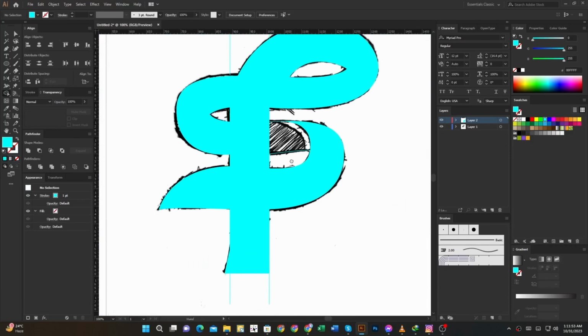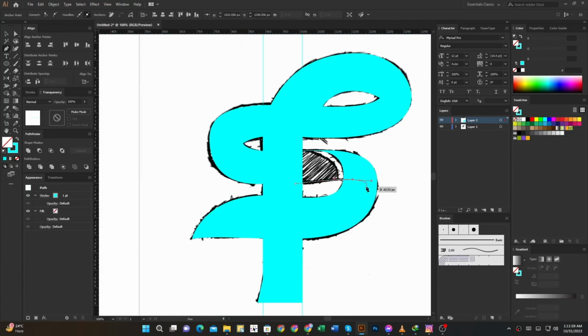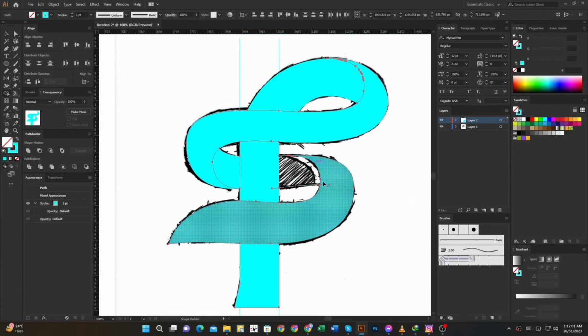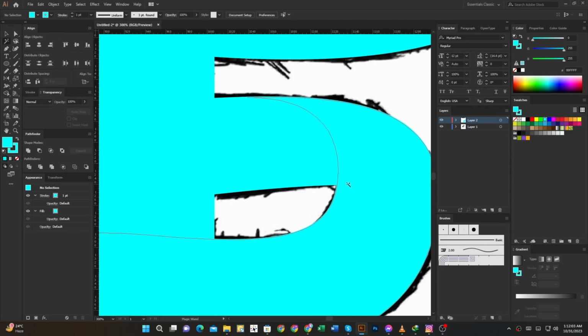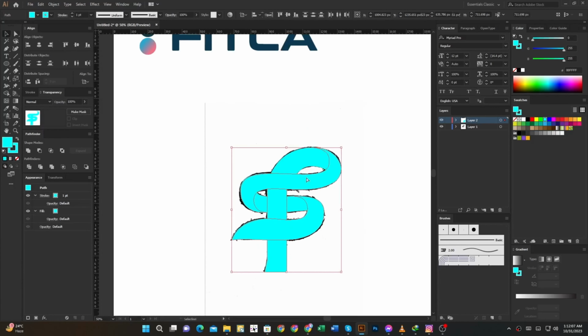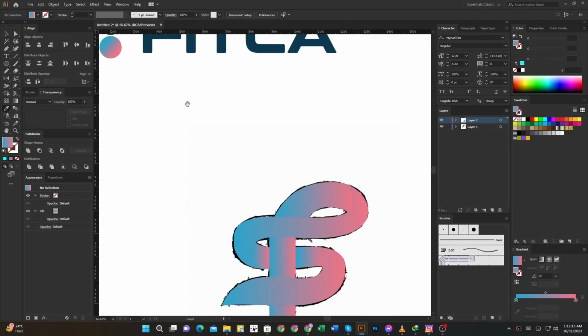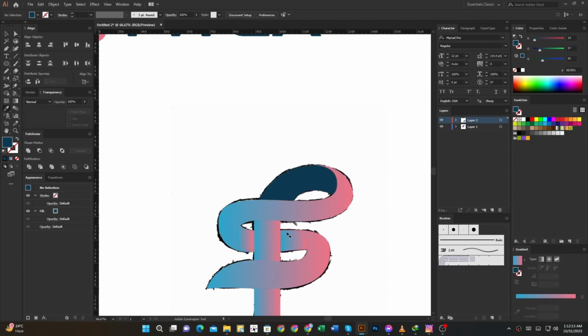It's some problem, so I use a pen tool. Then it's remove. Then color select. I use eyedropper tool for color selection.